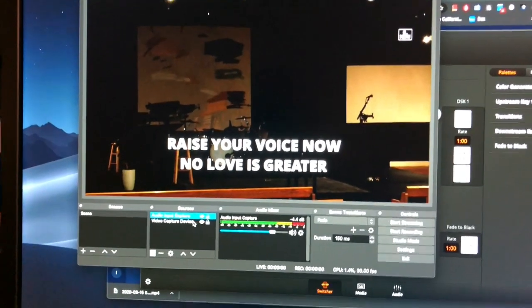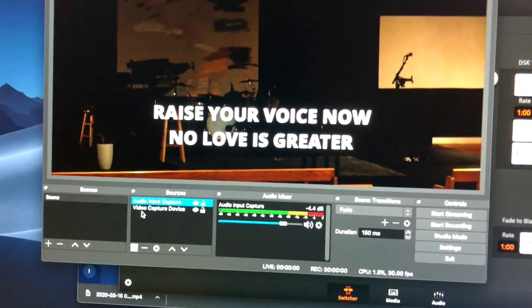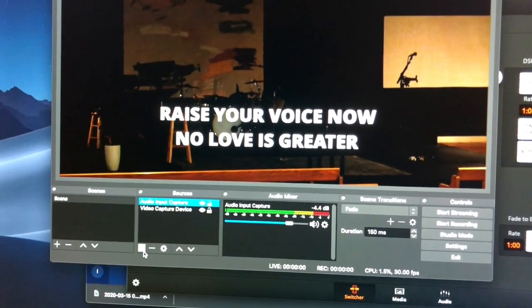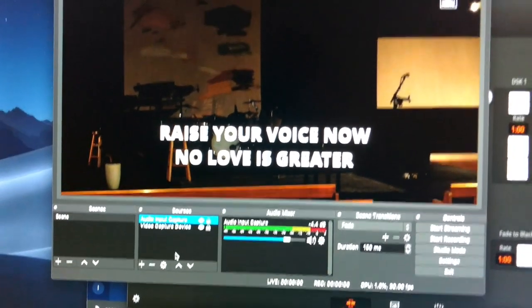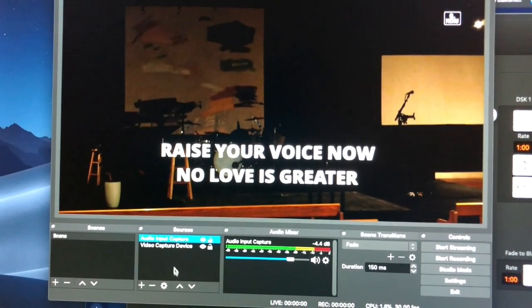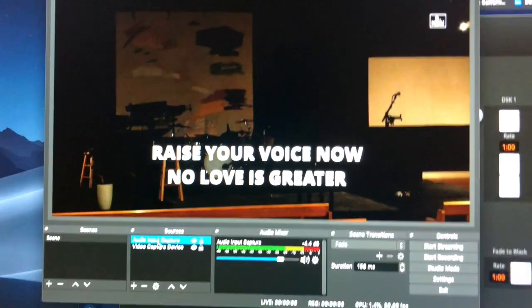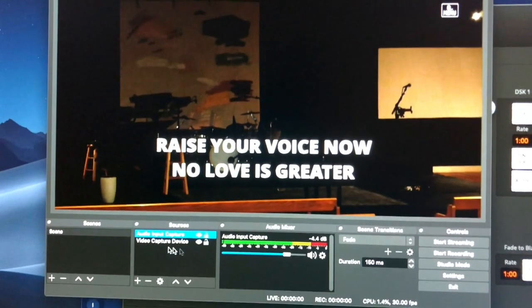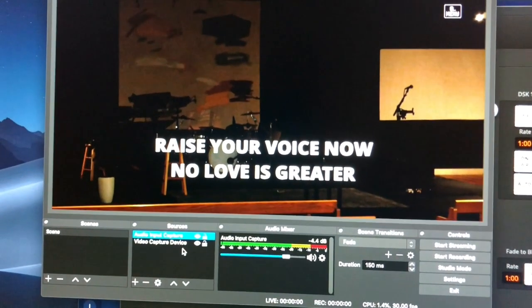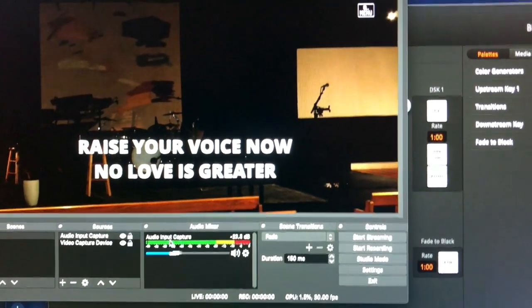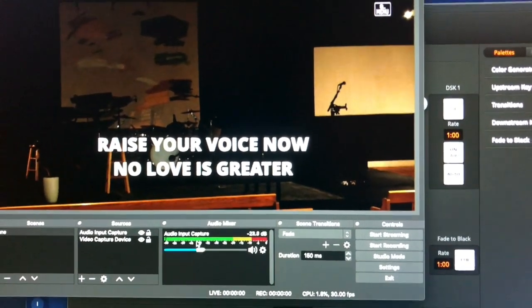Basically the way it's set up is you set up your sources, which we just have one video source, which is the ATEM. You just added it down here, and once it's plugged into the controller, it recognized it here. And then we added it again as an audio device. Since the ATEM is feeding both audio and video, we actually added it in here as two separate sources, but it's taking them both and sending them to the live stream. So we can monitor our audio level coming in on the stream right here.